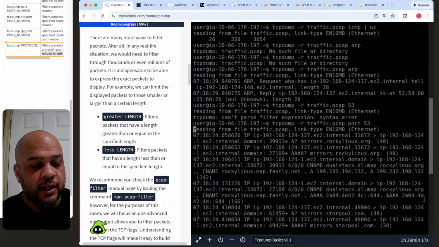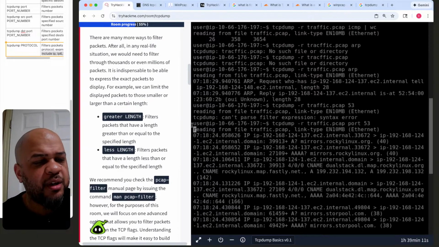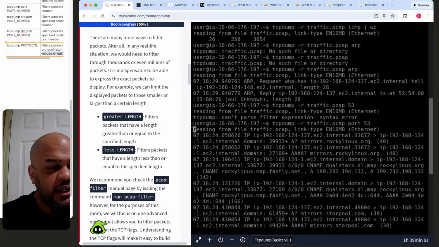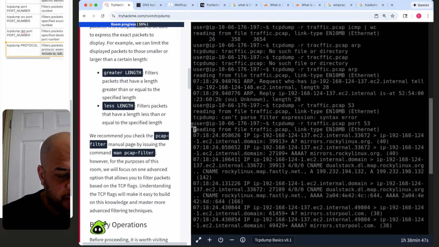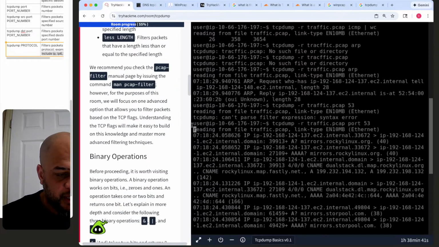So let's read about advanced filtering. There are many more ways to filter packets. After all, in any real life situation, we would need to filter through thousands or even millions of packets. It is indispensable to be able to express the exact packets to display. For example, you can limit displayed packets to those smaller or larger than a certain length, greater than length, less than length. We recommend you check the pcap-filter manual page by issuing the command man pcap-filter. However, for purposes of this room, we will focus on